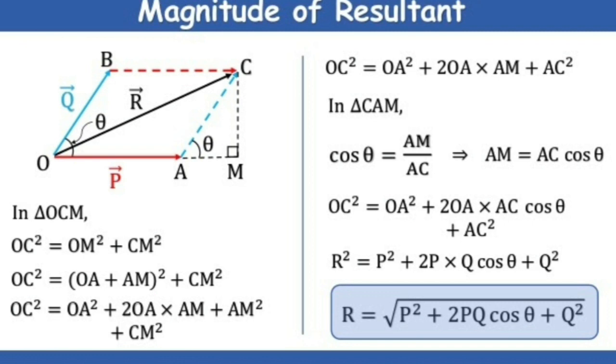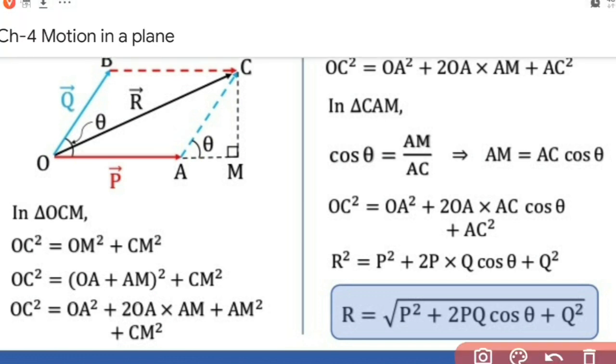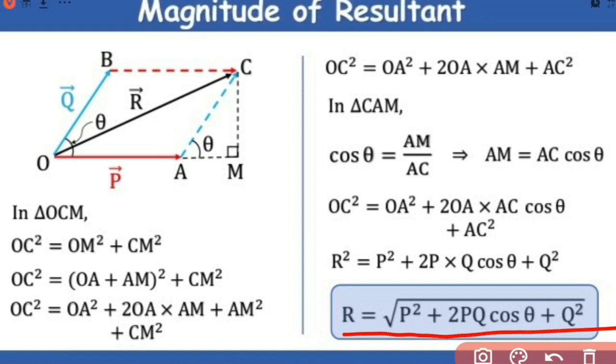So this again shows finding the magnitude of the resultant of two vectors. Here we have taken vector P and vector Q, just to make you familiar with other notations just like vector A and vector B. You can use any notation instead of vector A and vector B. Here it is vector P and vector Q and the angle taken is theta. The expression for the magnitude of the resultant becomes root of P square plus 2PQ cos theta plus Q square. In any manner you can study that derivation, and that derivation is very important.